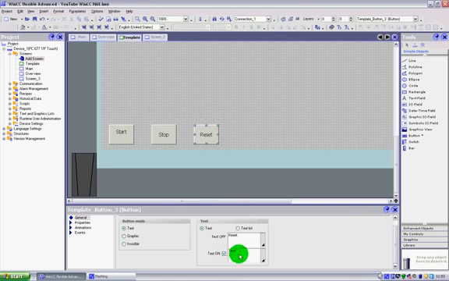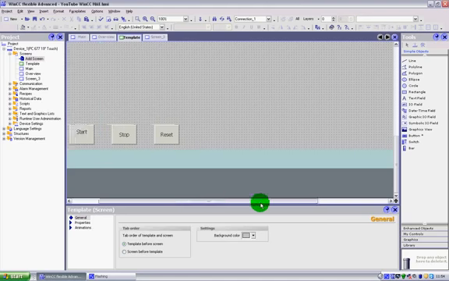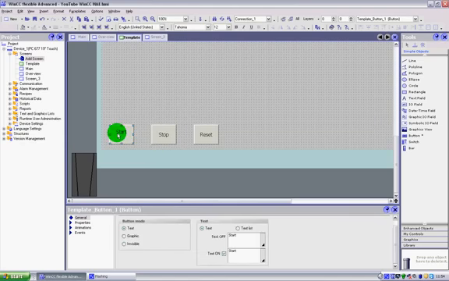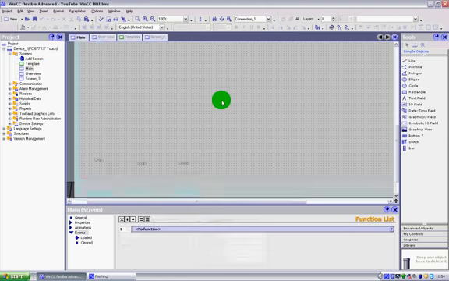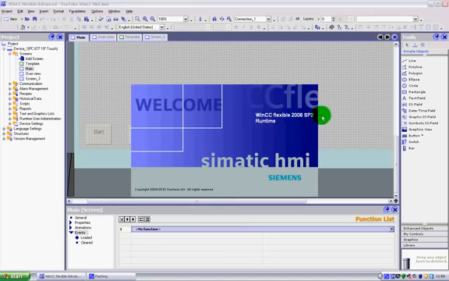Now the reason why I'm just showing you this here is because it's part of the template. I like having a menu system along the bottom of the screen, and I'll show you this on another project at a later date. But what this allows me to do is put these on the template, and then on every screen that appears, these same buttons. And if I run the screen, if I go into our runtime simulation,